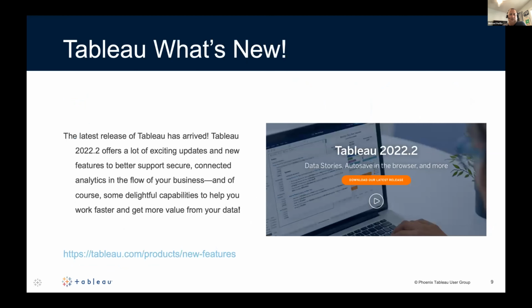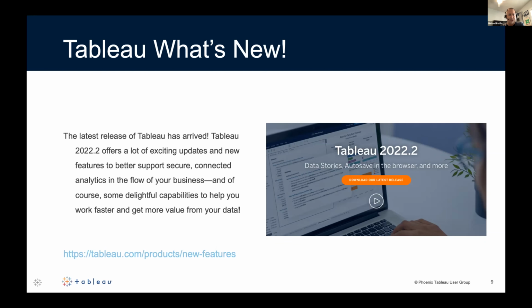The brand new release of Tableau is out, 2020.2. We're going to cover quite a bit of that in the coming months, new features and capabilities. Really excited about it. If you want a preview of what's new and what's latest, you can go out to tableau.com/product/new-features. There are videos and information about all the capabilities that are coming out.